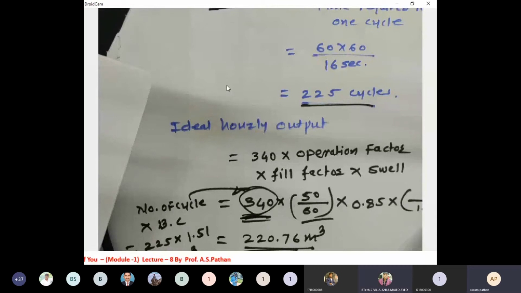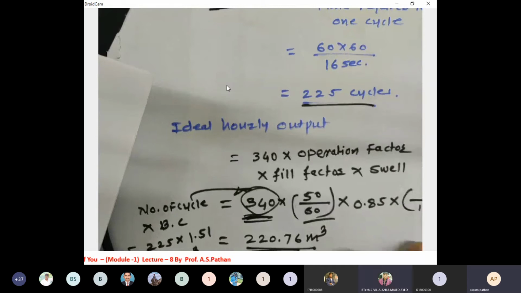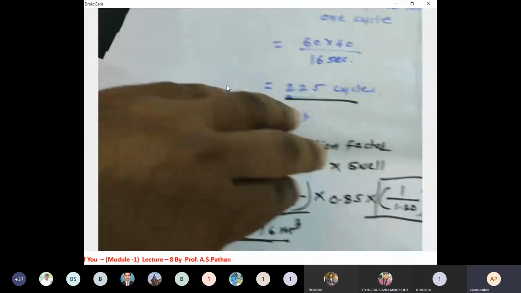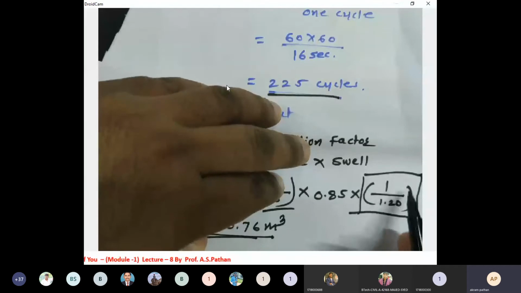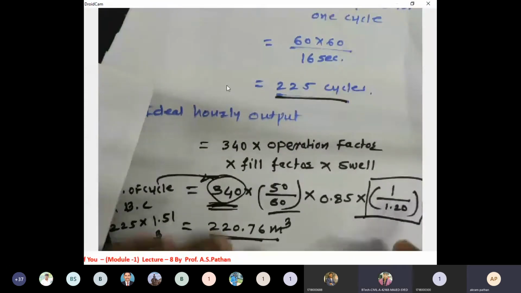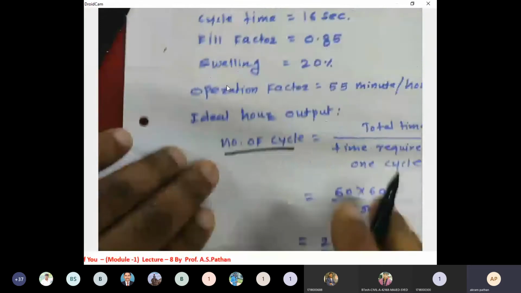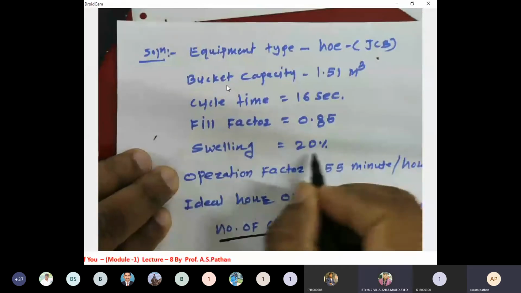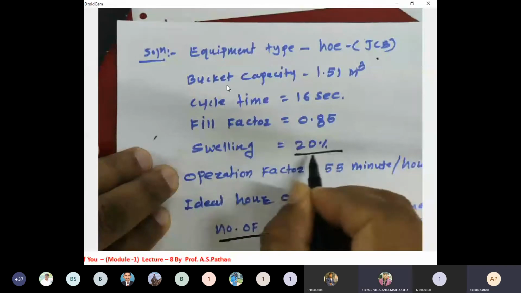And if you want to excavate, I think we need one chart at this stage. If you want to understand how this particular value will come, then I will show you one chart. So at this stage, remember, if the swelling factor is, for example, 0.85, if the swelling factor is 0.2,